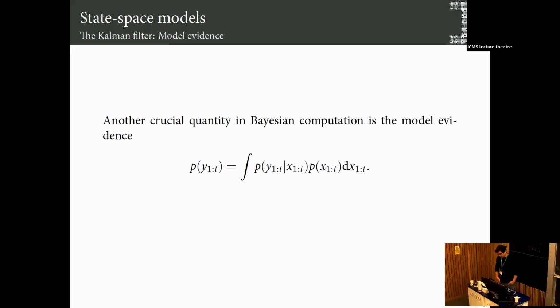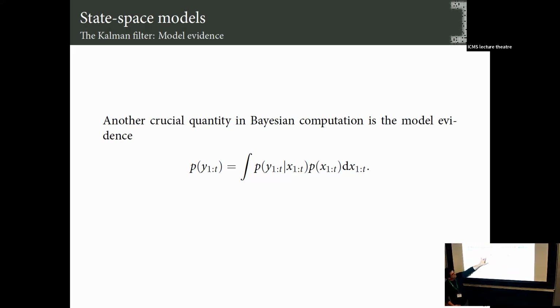I just want to introduce another thing, in case I'm really fast, I don't have the sense of time, but another object that will be very crucial for parameter estimation. So I kept talking that you know your A and H and Q and R, and so you can do all these great filtering things. But of course, if you don't have them, and if you want to estimate them, there's another crucial quantity, and I will not show right now why this is crucial. You typically maximize the likelihood. So this is the likelihood of data. But typically you need to estimate these quantities in order to build parameter estimation methods, or